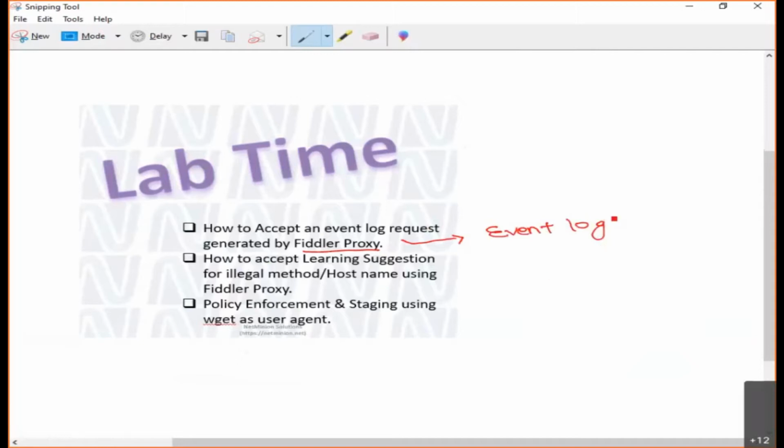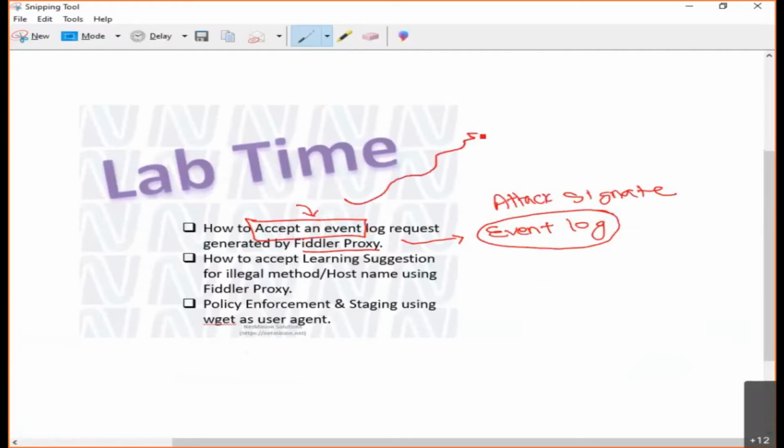It means it is triggered by one of your attack signatures, right? So we need to accept this event. When we accept this event, whatever the learning suggestion is related to it will get accepted by default. Is it okay? We need to check what is happening and how it goes. So let us see this lab now.